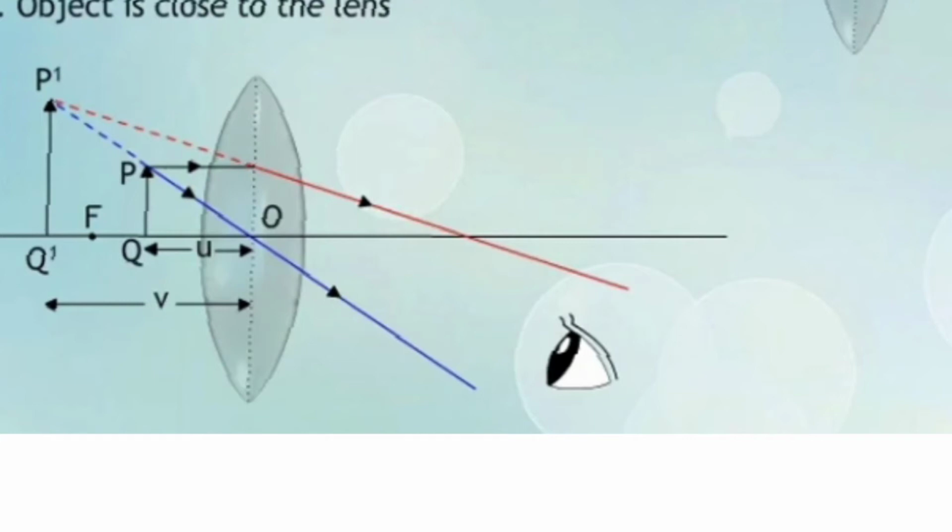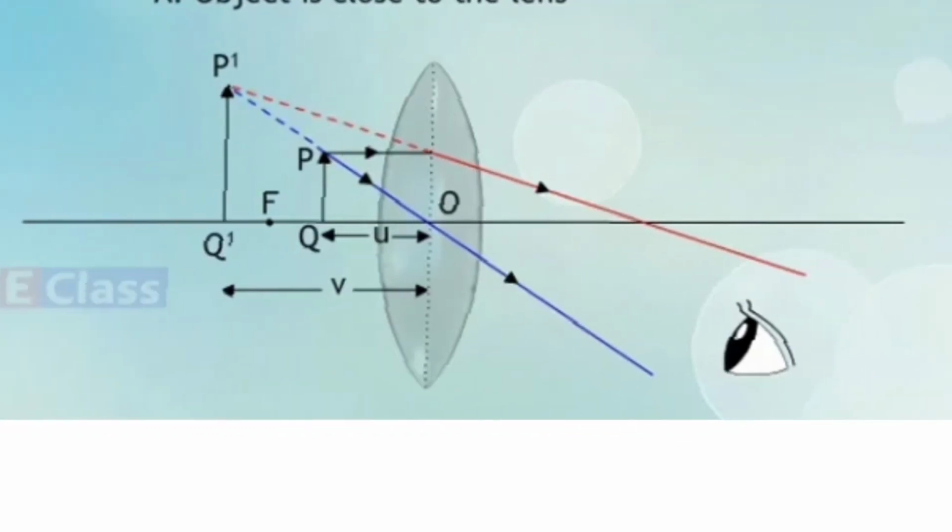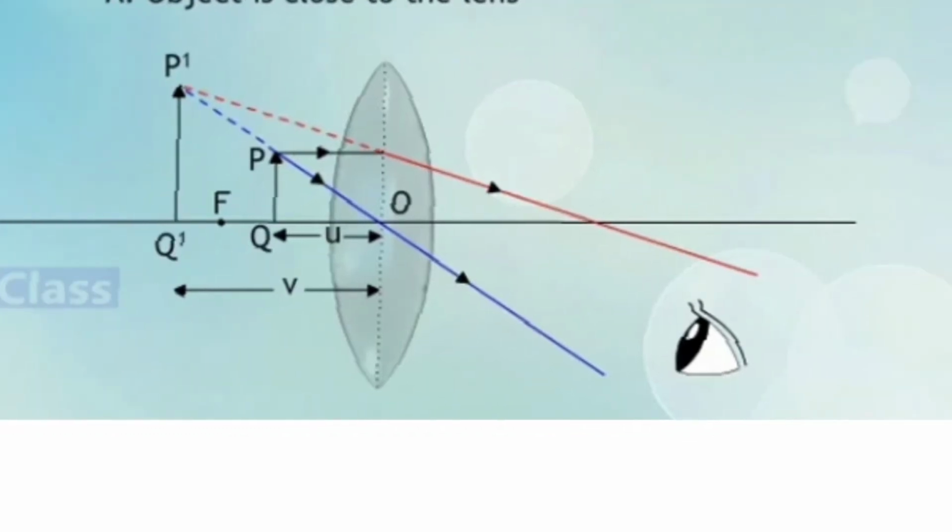And it is on the same side. That means it is going to give you an erect image. It is not going to give inverted. It is going to give you an erect image. Meaning, you get it as it looks. Only the size will be bigger. So one can get a 20 times larger image of an object using such a microscope.